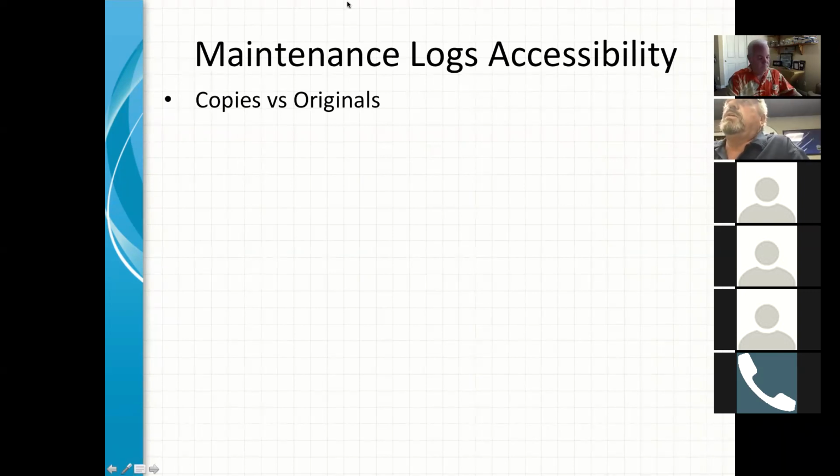The bigger thing with airworthiness directives that I wanted to get my 2 cents on: airworthiness directives as well as aircraft maintenance. A pilot can do aircraft maintenance. If he does aircraft maintenance, he must have a valid logbook entry, and the valid logbook entry items are no different if a pilot does it or an A&P does it: time in service, date, description of work, signature, and certificate number.